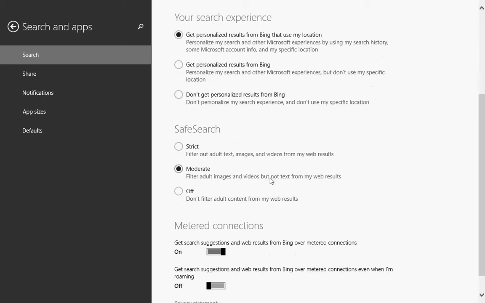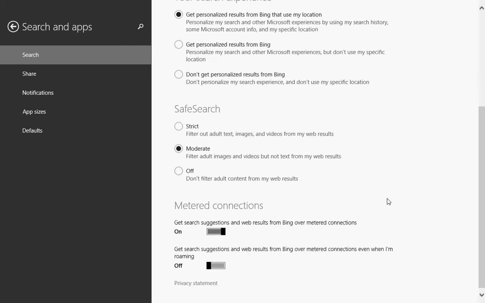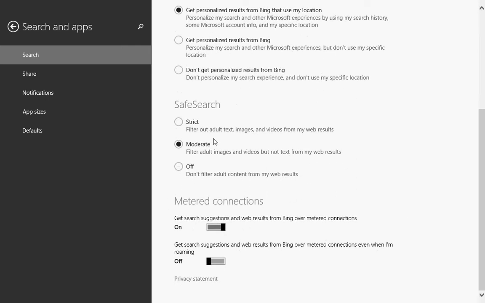Filter adult images and videos, and you can turn that off if you want to. I leave it at moderate. Just because, you know, trying to keep it clean on this computer. I'm just kidding. But anyways,